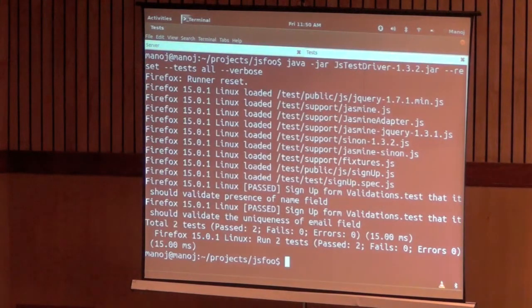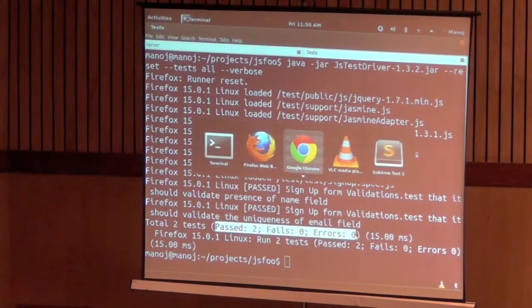I've run the test. I have 2 specs actually. So it has run those 2 tests and it is saying they have passed. Here I need not go back to the browser and check whether they have passed, and I can do this throughout the day. You just have to bring up the browsers in the morning, as many browsers as you want, and you'll be seeing the results from your machine.